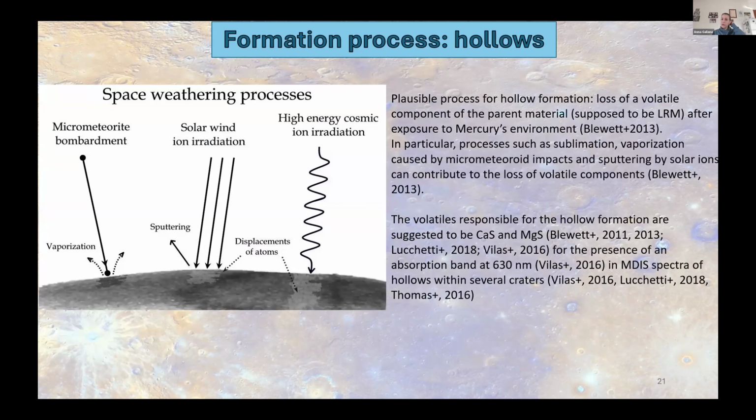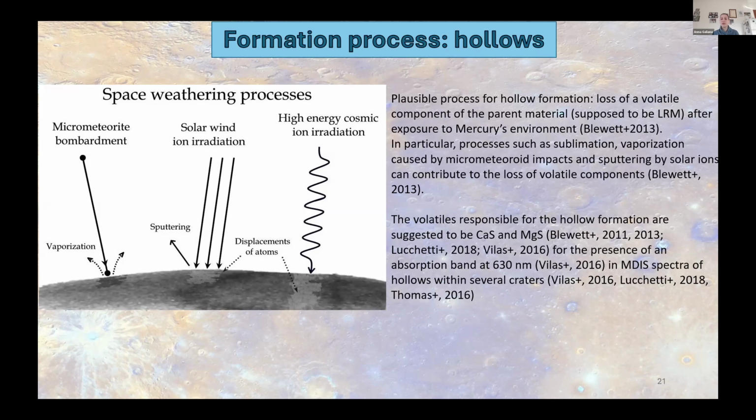Concerning the hollows, the possible process for the hollow formation is the loss of the volatile component from the parent material, which is supposed to be the low reflectance material, after the exposure of this material to the surface and so to Mercury's environment. In fact, Mercury lacks an atmosphere, so it is exposed to space weathering processes that include micrometeoritic bombardment and solar wind irradiation. These two processes can be responsible for the loss of volatile components